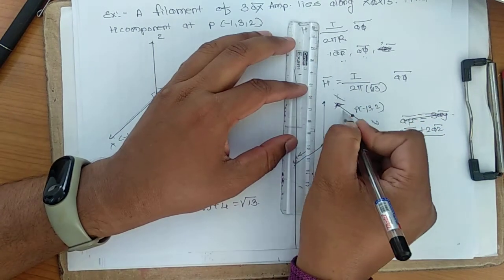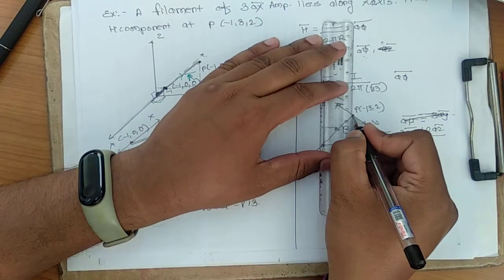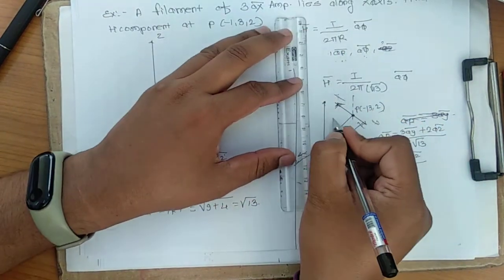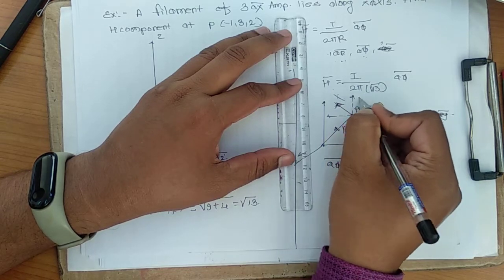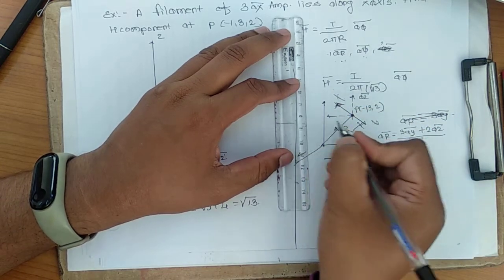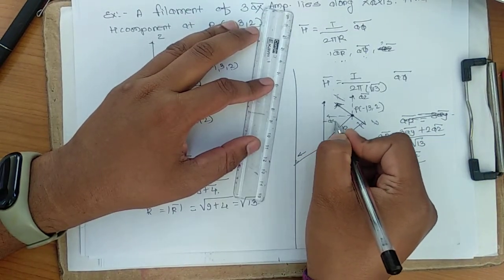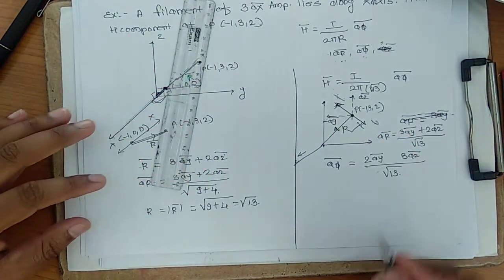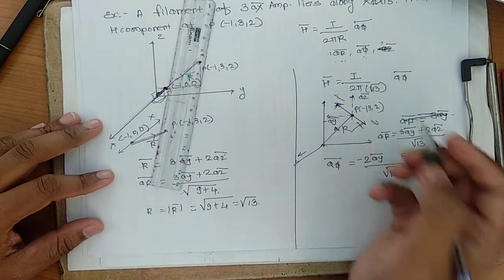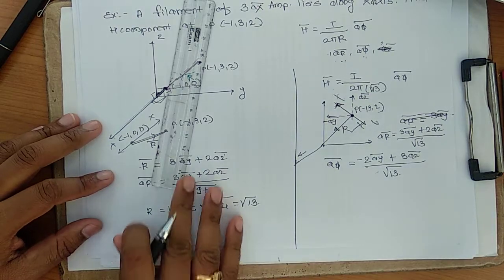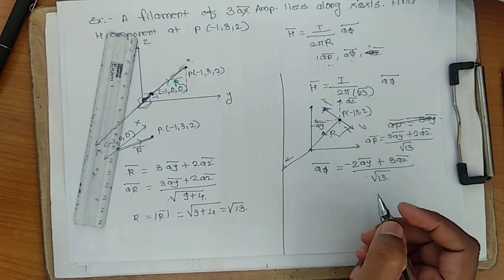Now this direction is made up of two directions, having this direction and this direction. So tell me, what is this direction? This is plus AZ bar and this is minus AY bar. So for AY bar it is minus 2 AY bar and this AZ bar is plus 3 AZ bar. So like that you have to calculate the A phi bar. Now your work is done.